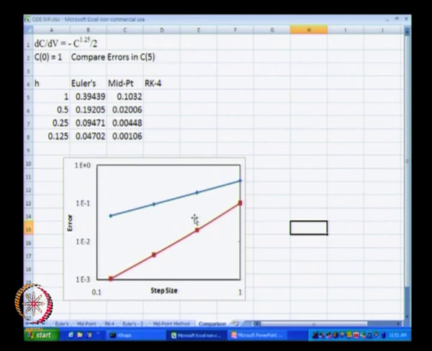It does not seem like 1 from this particular graph simply because the step size goes from 0.1 to 1, whereas the error goes from 0.001 to 1, and that is the reason why it does not look as if this slope is 1 and this slope is 2, but actually the slope of this line is approximately 1, the slope of this line is approximately 2. Okay. So this was the results using Euler's method and using the midpoint method.